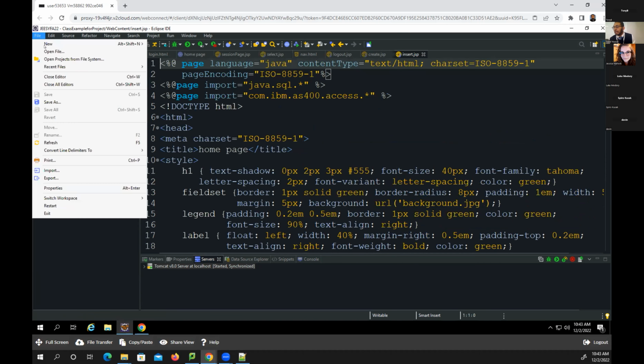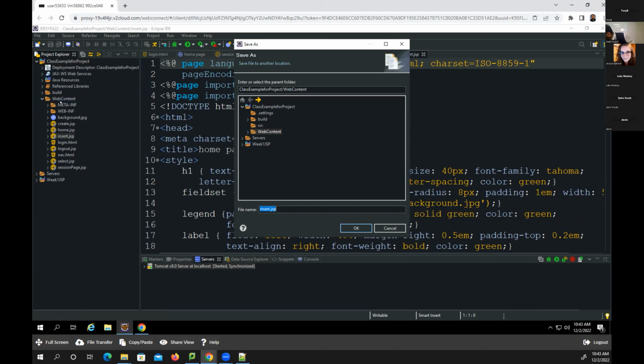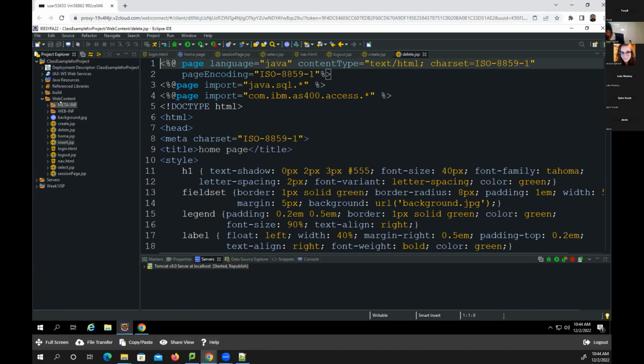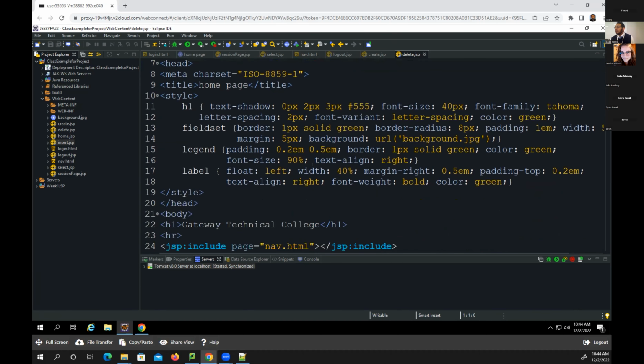And we will save insert.jsp as delete.jsp. Okay. Now,